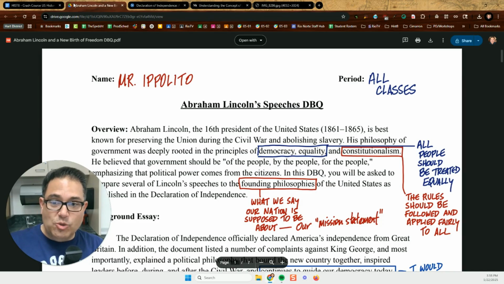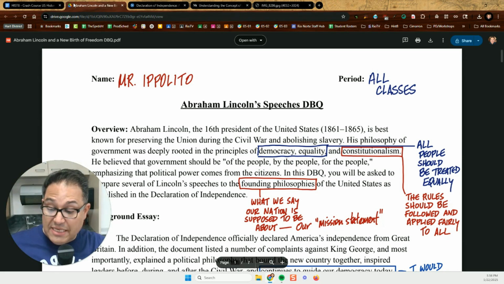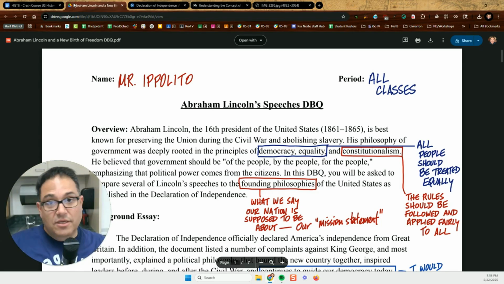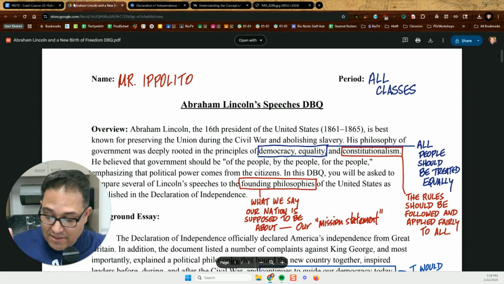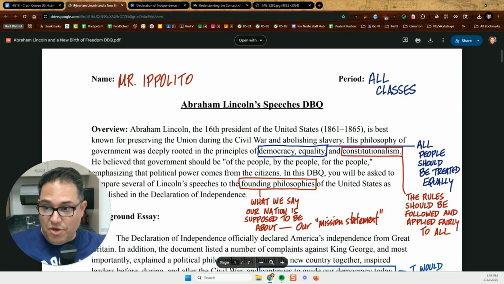So here's the way it's going to work. Here's the overview. I'm going to go over this with you. And then once I go over this first page, then Mr. Painter is going to guide you through the rest of the process. If you have not yet handed these out to students, Mr. Painter, you can pause right now and do that. And once every student has this in front of them, you can read along as I am reading with you.